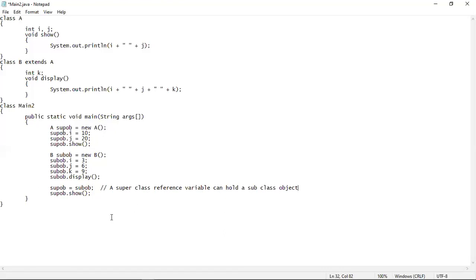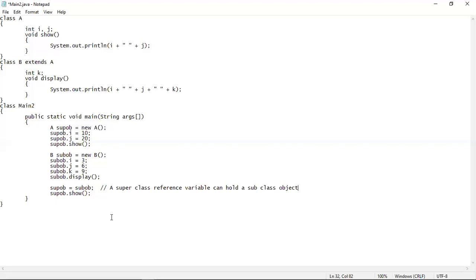Now, I have told you multiple times that type mismatch is not allowed in Java because Java is a strongly typed language. That means a particular type of object is always associated with a particular type of class. It can never have the contents of another class. But here you can see that a superclass reference variable is holding a subclass object. That means the superclass reference variable will get the contents of the subclass.